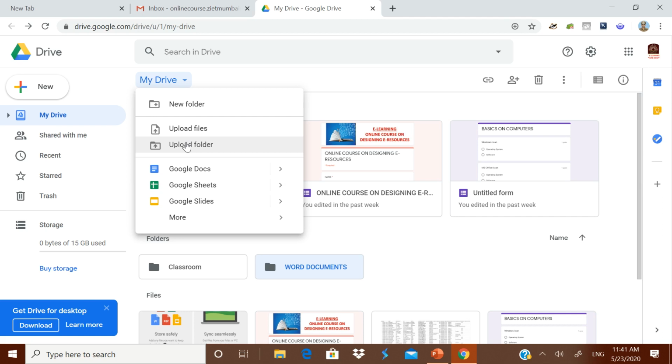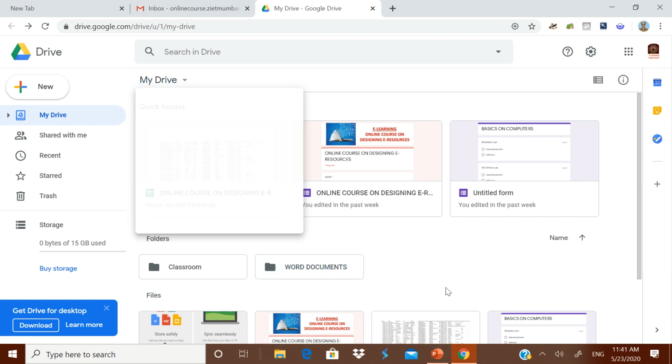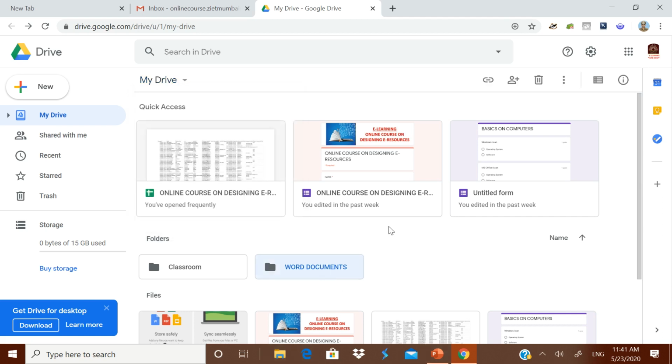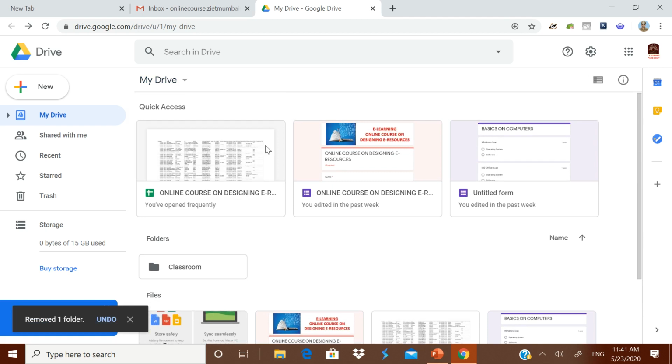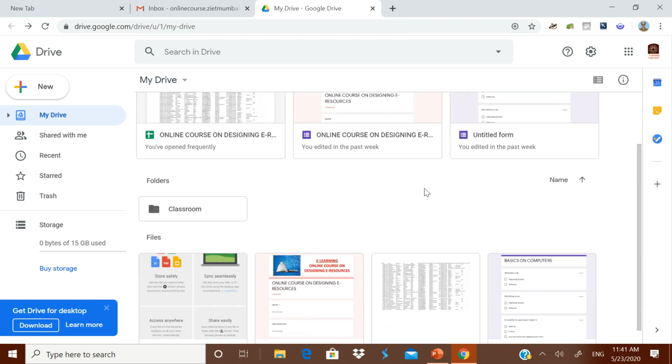I think with this type of provision we should be a little bit careful, because for uploading a folder there should be a restriction on which should be uploaded and which should not be uploaded. Suppose if you synchronize, everything will get uploaded, no problem. And okay, now you see this, you click it and then you can delete it also. I have deleted it. Suppose it has come wrongly, you can delete it also. Now whatever form you have made, whatever slide you have made, everything will be shown over here.